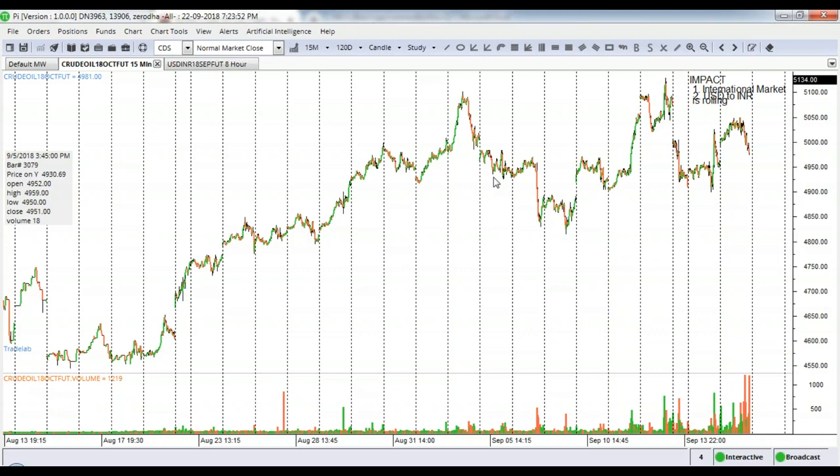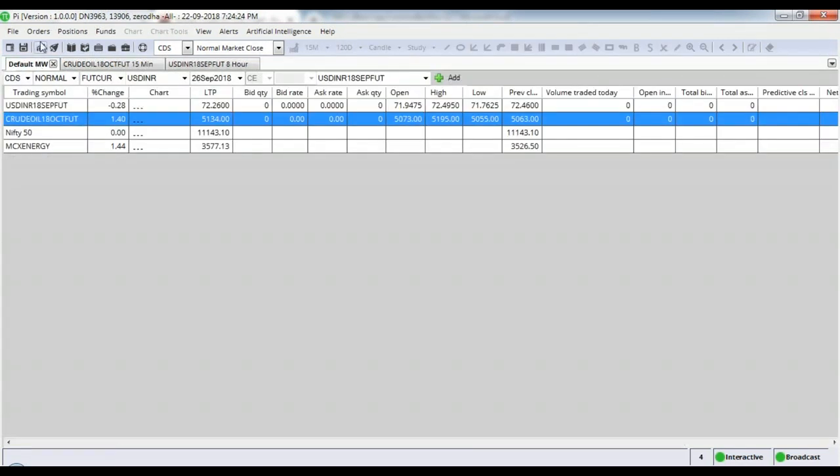Now tell me something, if in the international market, the crude as well as the dollar both get weak, will it have a more downside impact on the Indian market? Yes, sir. Yes, because you will be paying fewer rupees to buy a dollar, right? Plus the crude oil is weak, correct? So say for example,